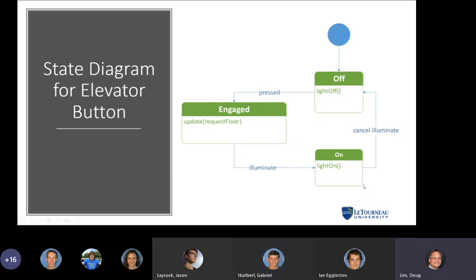When you issue an event that would cause an instance of this class to go away, it would traverse from this event to the termination state, which is: you no longer exist. The instantiation goes away. So again, the solid dot is entry, and the termination state is the solid circle with another circle surrounding it.